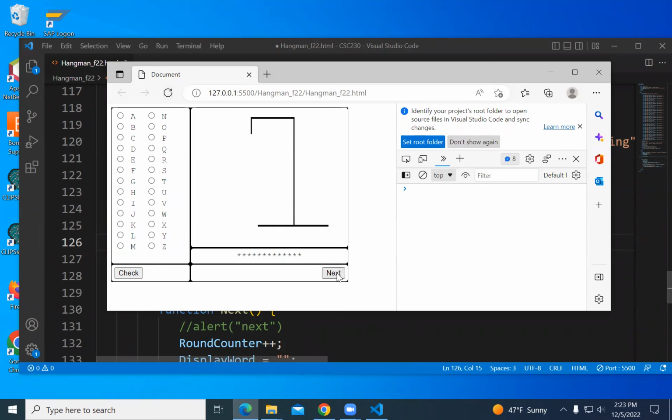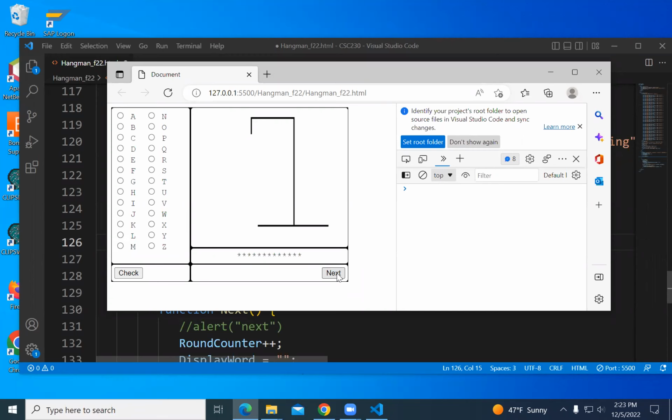So I start a round, and what is a user going to do? Select a letter by clicking on a radio button, and then clicking the check button.